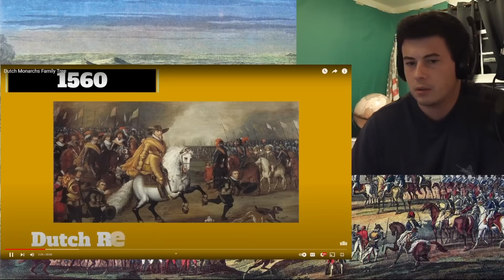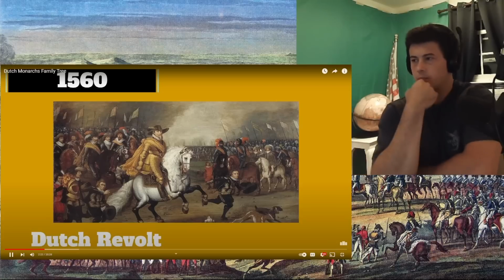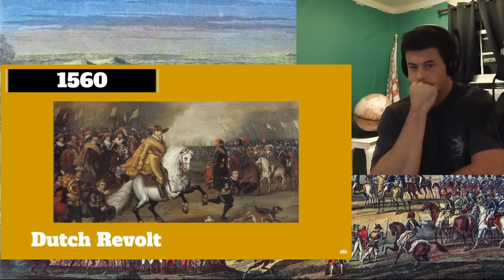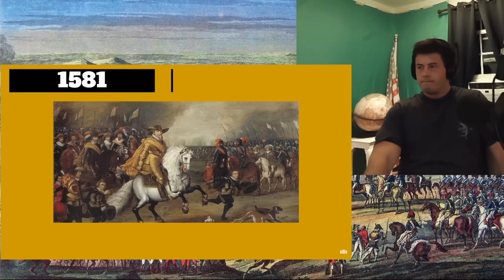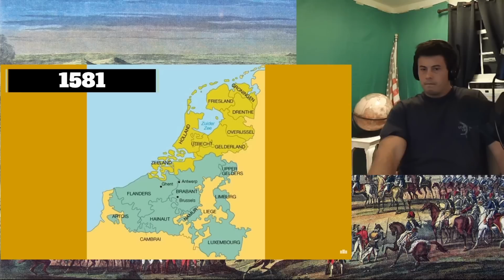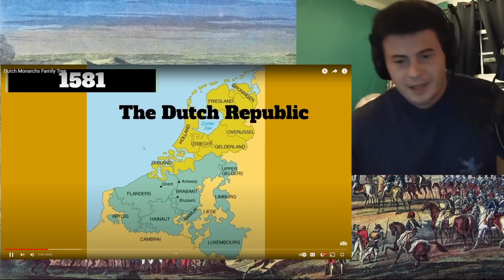Independent. The Netherlands tried to separate from Spain and become independent. William the Silent sided with the rebels, and in 1581 they were successful. The northern provinces became the Dutch Republic, also known as